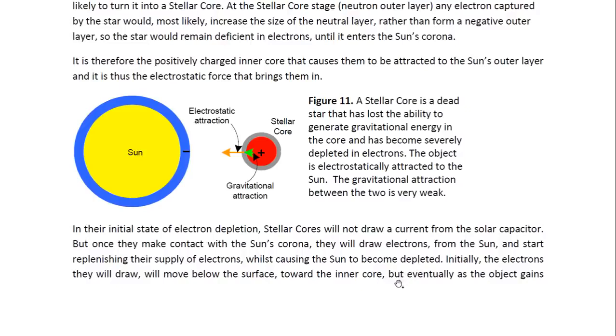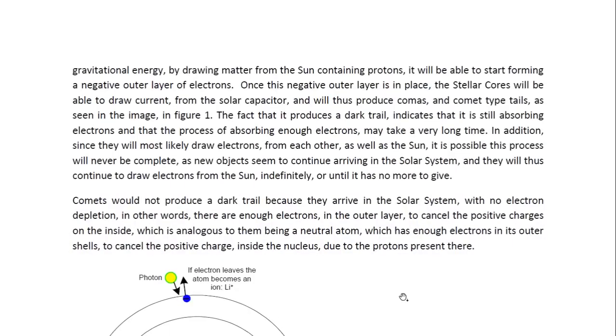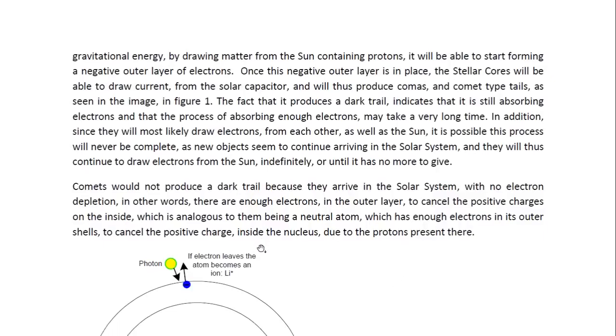But once they make contact with the Sun's corona, they will draw electrons from the Sun and start replenishing their supply of electrons, whilst causing the Sun to become depleted. Initially, the electrons they will draw will move below the surface toward the inner core, but eventually, as the object gains gravitational energy by drawing matter from the Sun containing protons, it will be able to start forming a negative outer layer of electrons. Once this negative outer layer is in place, the stellar core will be able to draw current from the solar capacitor and will thus produce comets and comet-like tails, as seen in the image in figure